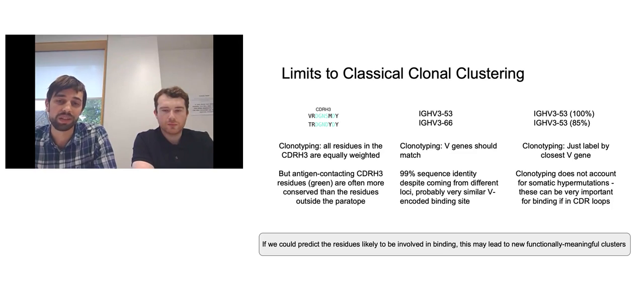But there are other circumstances where this is a gene that's been through lots and lots of rounds of somatic mutation, now quite sequence dissimilar from the V gene. In other words, the V gene is not a good label necessarily for what this antibody looks like in terms of these somatic mutations. CDR loops can be really important for actually defining what the function of this antibody is.